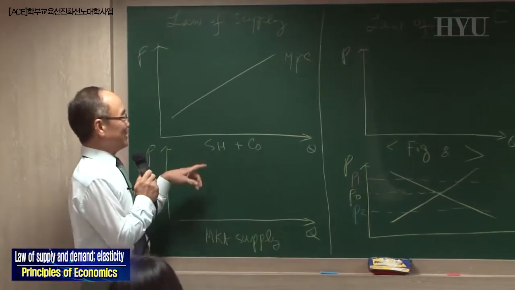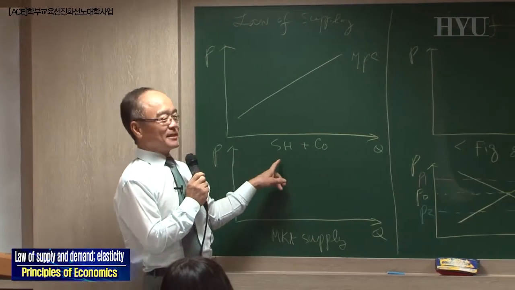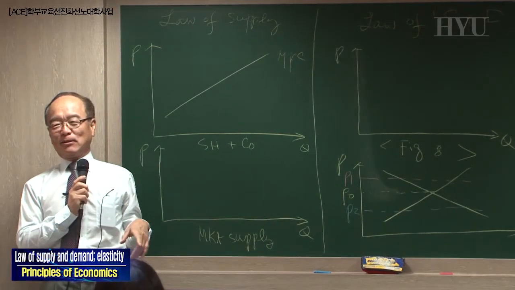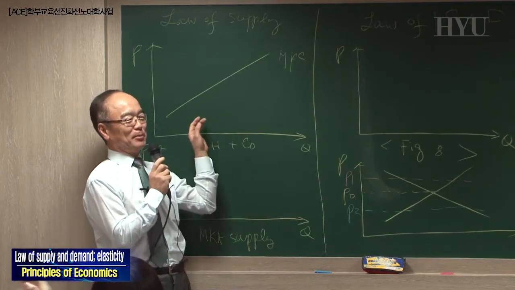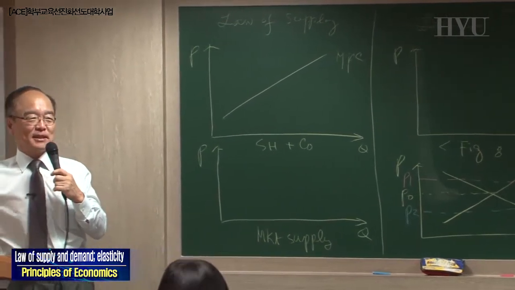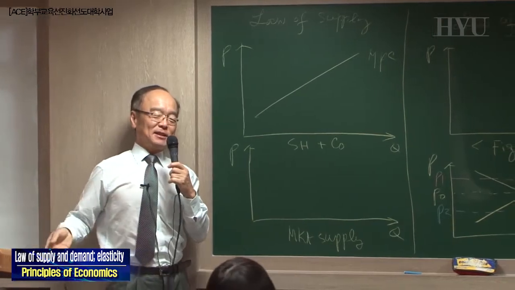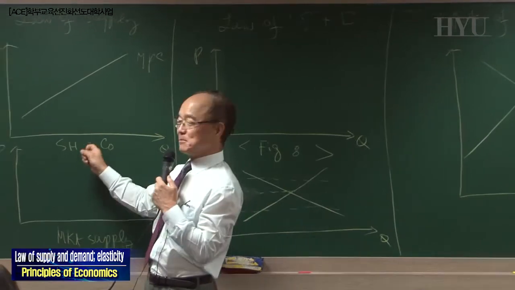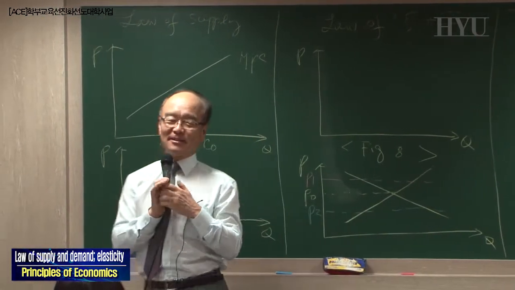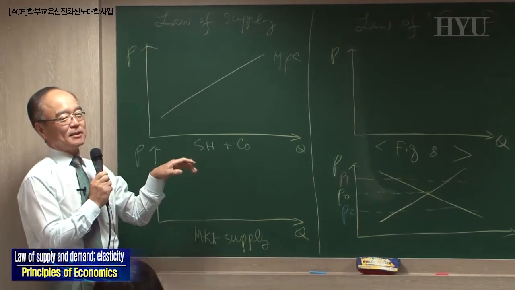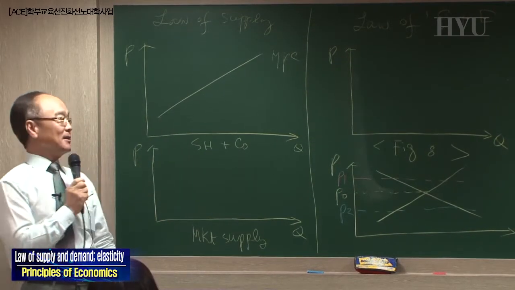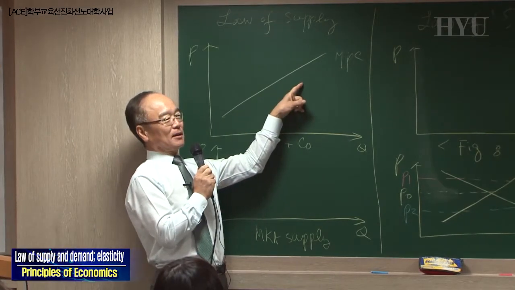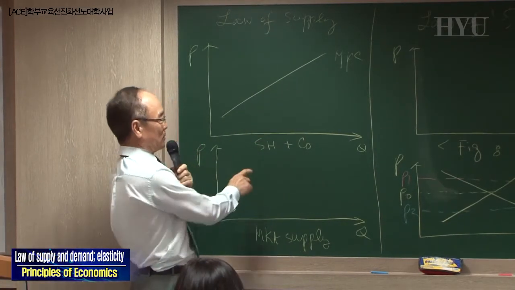Okay, so anyway, this is whatever firm, Sangyeon and Company, TJ and Company, Jisina and Company, or KH and Company, whatever company is a firm. Jiyeon and Company, you name it. So Sangyeon and Company is the typical firm. So he has this type of marginal production cost. What that means is that as you increase